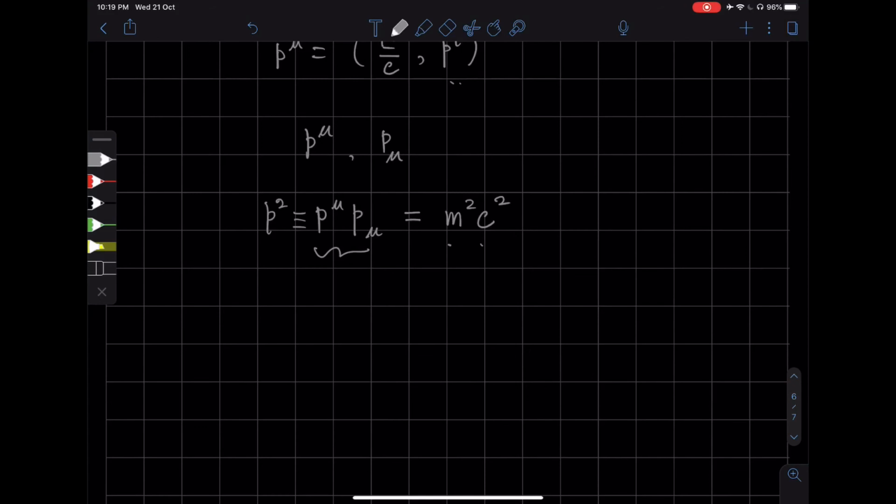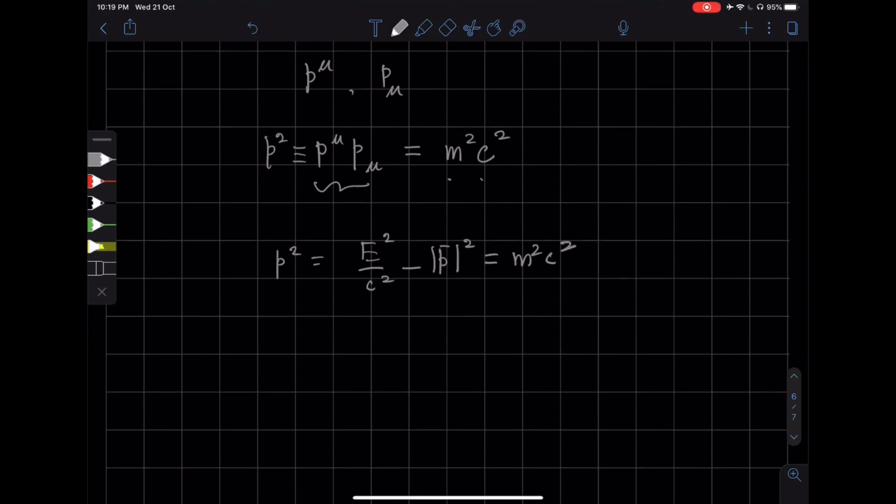So because of this, what is p squared? p squared is, of course, E squared by c squared minus the 3 momentum p whole squared, equal to m squared c squared. And therefore, we can rewrite this as energy squared is equal to p squared